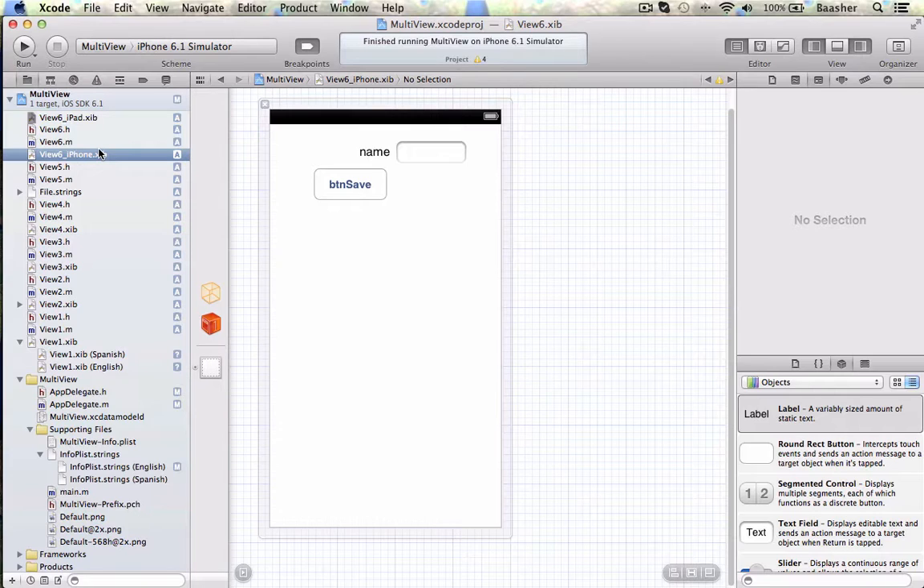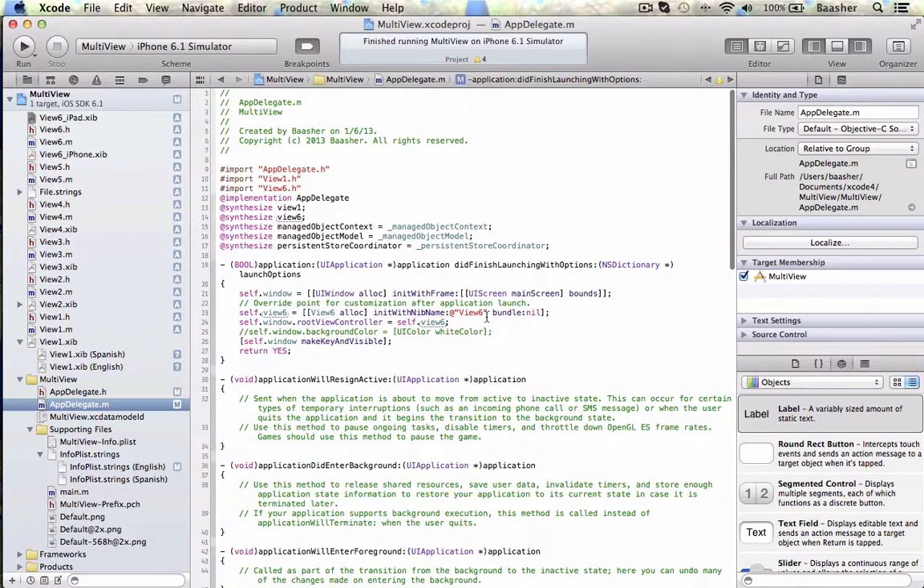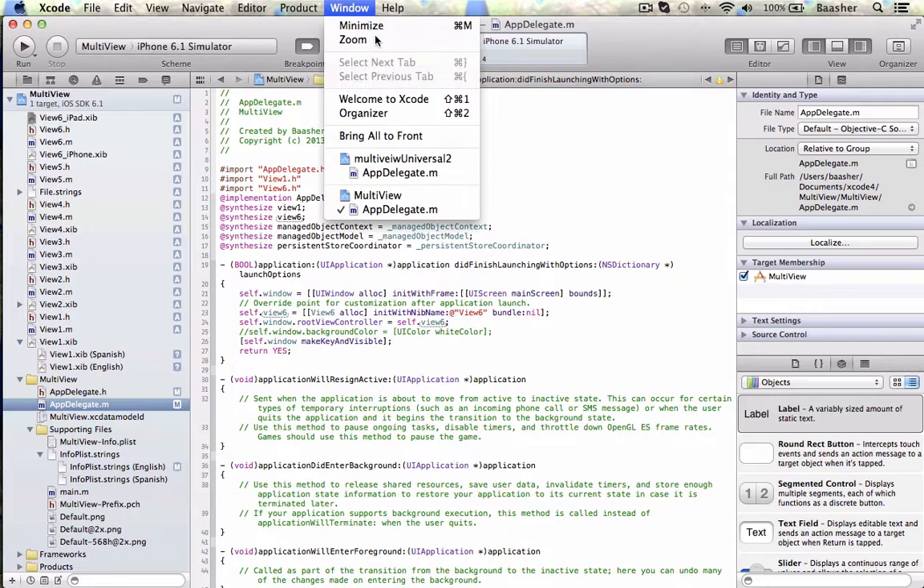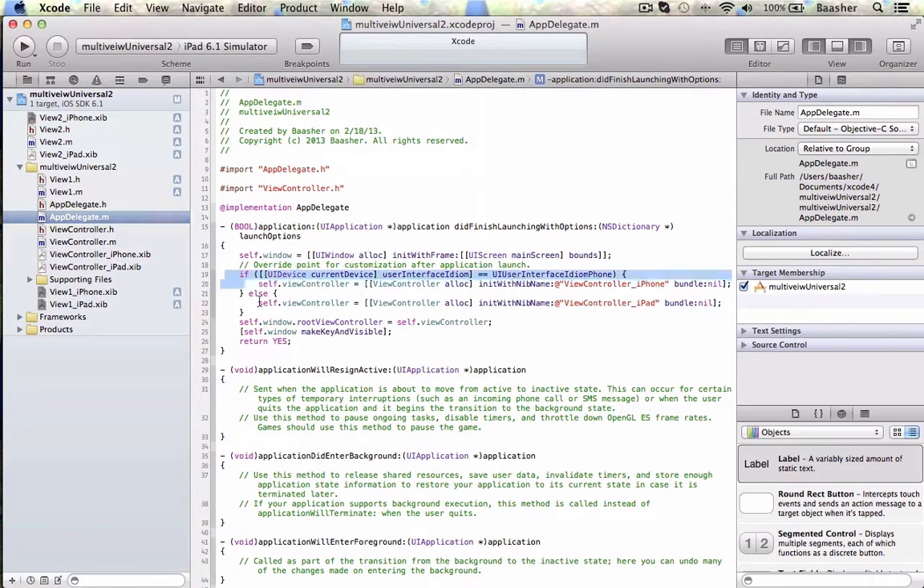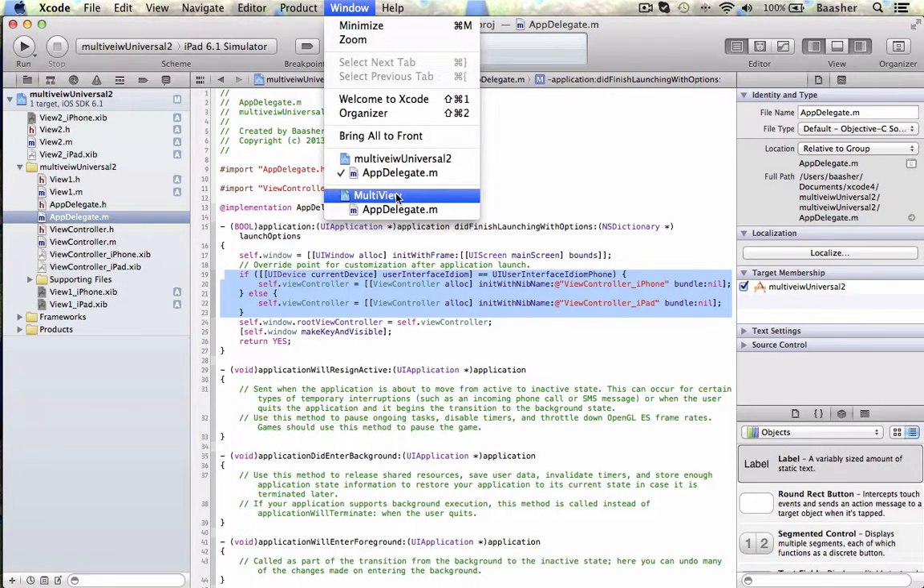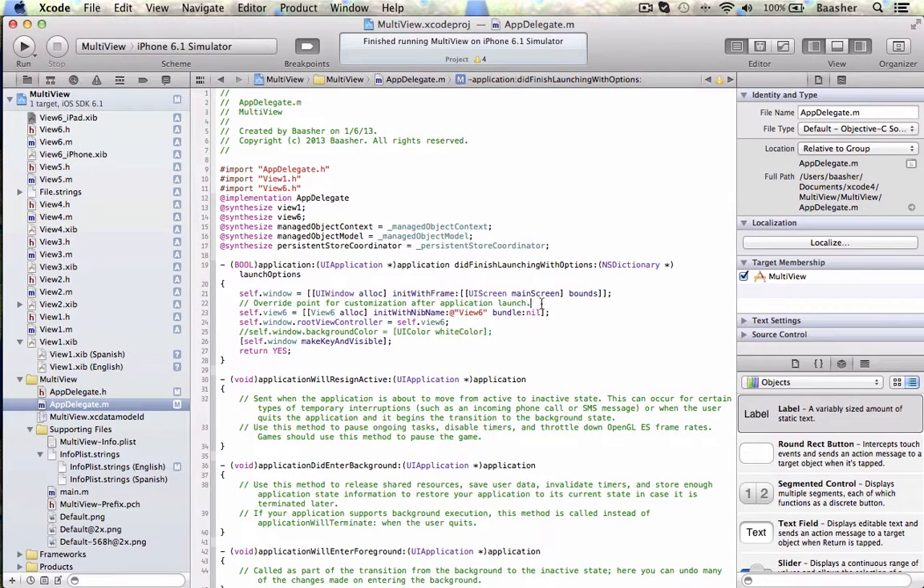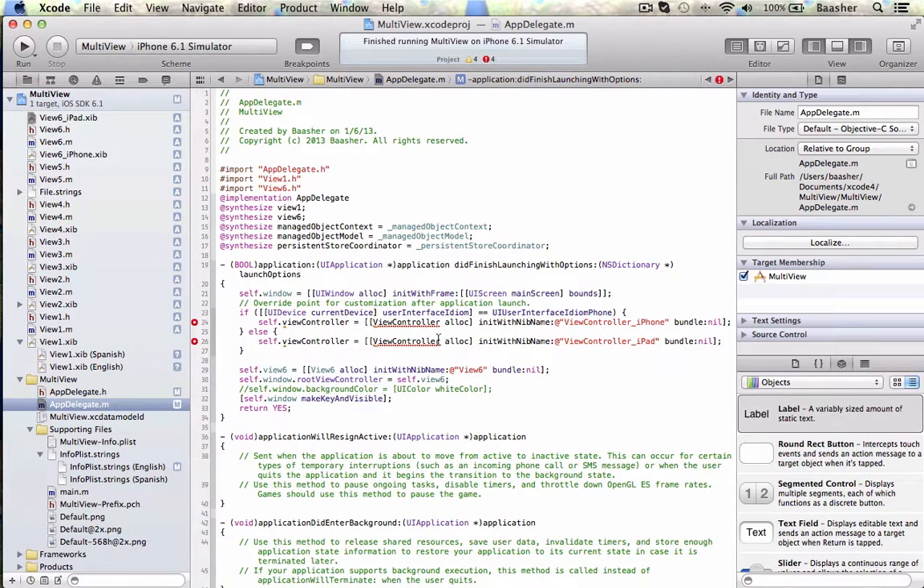So anywhere I call view 6, I'm gonna have to put in the if statement that I have. If it's iPad, load one of these or the other one. For example, right here. See how I'm loading the view 6? So I'm gonna have to go to the other, copy this command, come back to my multi-view, paste that command in here,